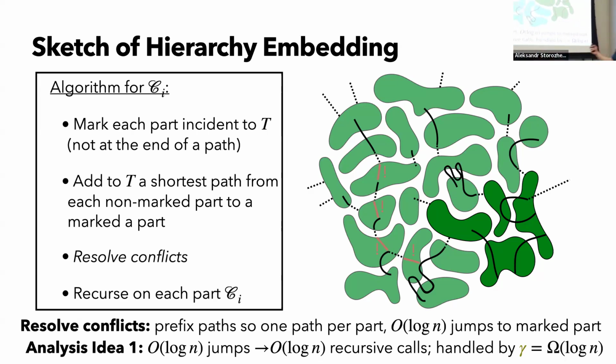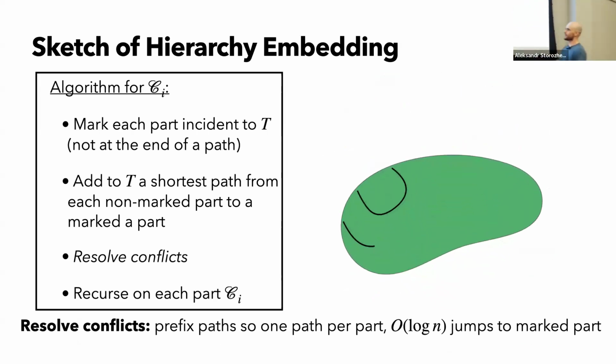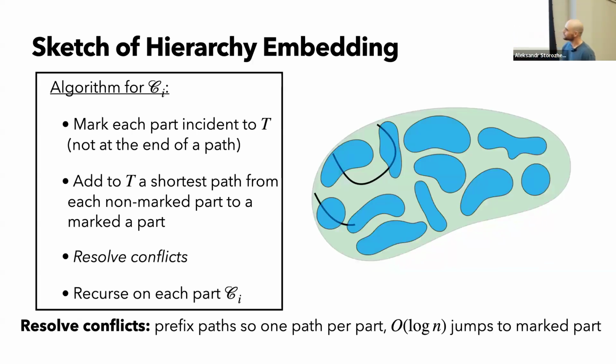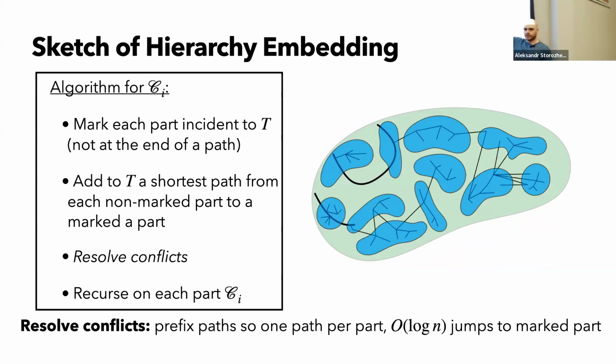In particular, each of these jumps you're going to have to solve with a recursive call. So you only have to pay log n recursive calls, but each of them is log n smaller than what you're currently looking at. That's the rough equation. Okay, so then you recurse on each of these things. You'll look at the partition one level down. If you keep running this algorithm, you'll find that what you are computing is a tree, but it's a